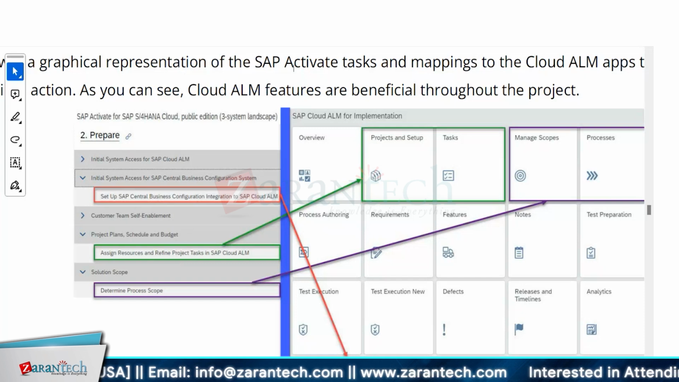Then determine process scope, right? So it is nothing but manage scope, like in Cloud ALM, we'll come to that when we do the demo. So when you have to define the scope, right? The process, which all processes are part of your scope, or part of implementation. There are 100 processes under maybe